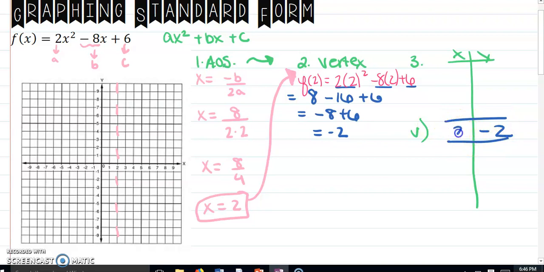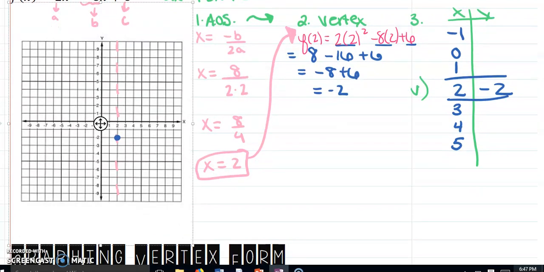You can plot that on our graph. And if you know how to stretch or compress the parent function, you can just find the points automatically. But the way that we do it in class is that we pick 3 points before the vertex, so this would be 1, 0, and negative 1, and 3 points after the vertex. You can pick 2 points before and 2 points after, but you need to pick enough points that you can find the solution on the x-axis. So let's start with